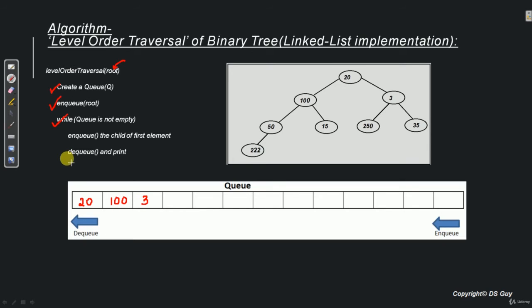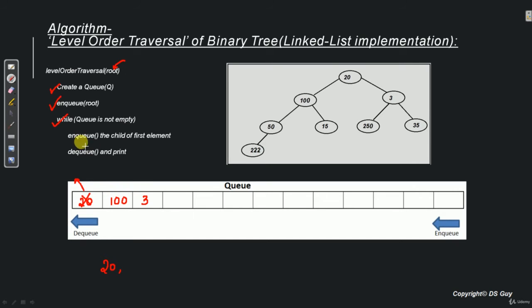Now the next step is dequeue and print. So it dequeues the first element, 20, and 20 gets printed. Now 20 does not exist in this queue anymore. Now it will again check if the queue is empty. No, it is not. It still has 100 and 3 in it.